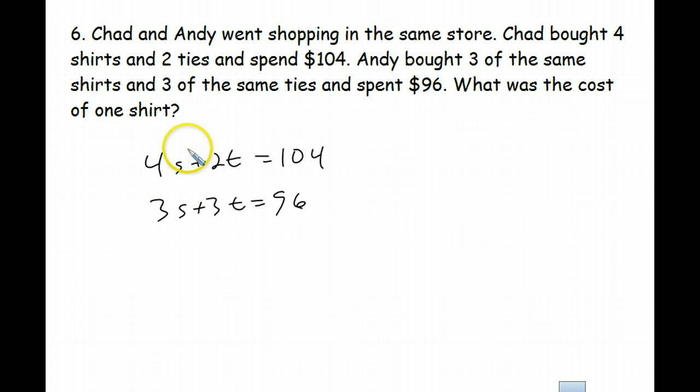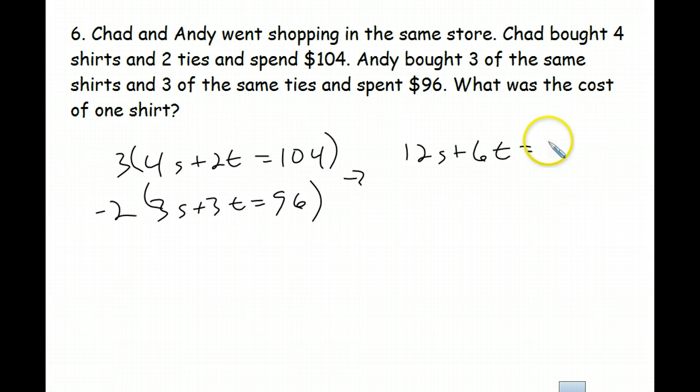So we're trying to find s. So if I can use elimination and get rid of the t, then I can solve for s and be done. So if I want to get rid of the t's, I have a 2 and I have a 3. Their lowest common multiple will be 6. So if I multiply the top equation by, say, 3, and the bottom equation by -2, so that 6 minus 6 will be 0. Okay, so in the top equation, I will have 12s plus 6t